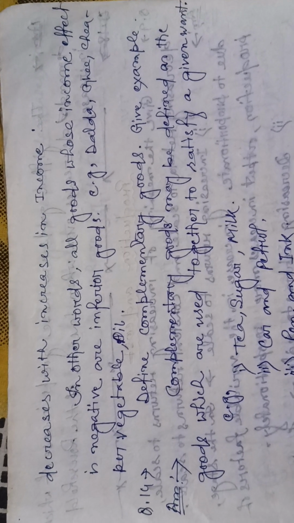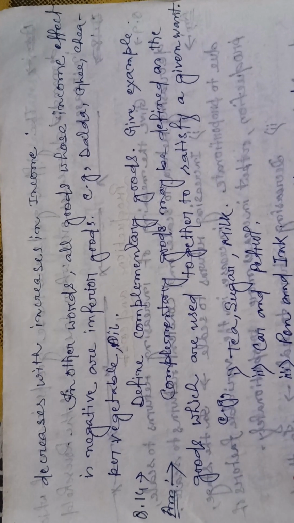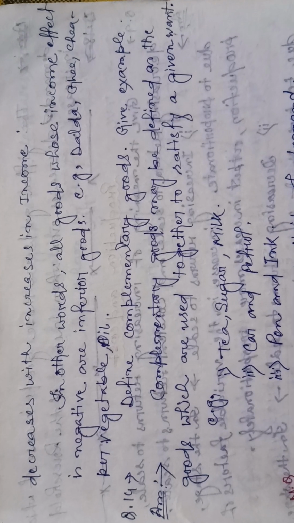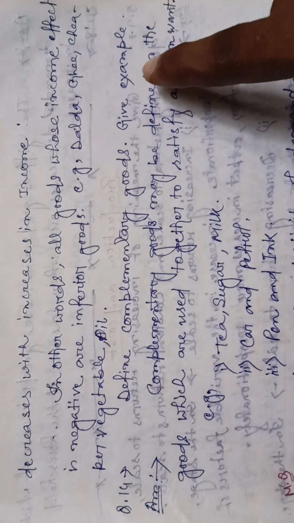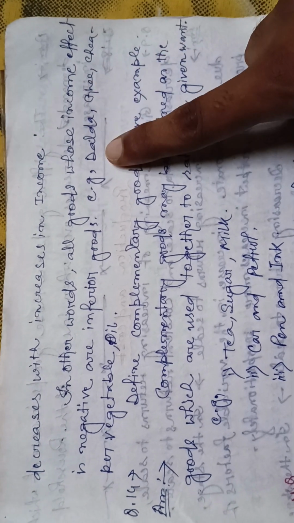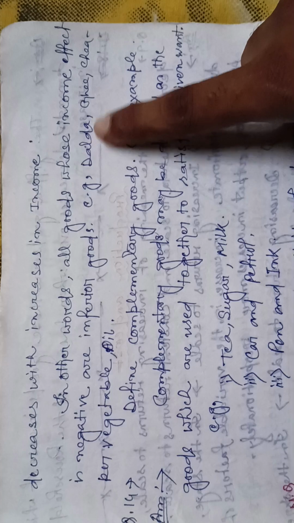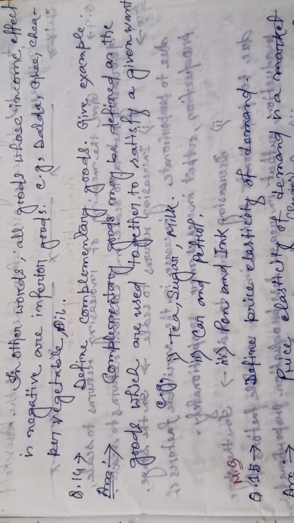Indifference curve normal curve opposite, যদি ডিমান্ড ইনক্রিজ হয় তাহলে দাম কমবে এবং ডিমান্ড কমলে দাম বাড়বে। In other words, all goods whose income effect is negative are inferior goods. For example, ডালডা, ঘি, cheaper vegetable oil. বলার অর্থ, যদি ঘির দাম বেড়ে যায় তখন মানুষ ঘি ছাড়া ডালডা দিয়ে কাজ চালাতে পারে, আর যখন ঘির দাম কমে যায় তখন ডালডা ছেড়ে মানুষ ঘি দিয়ে কাজ চালাতে পারবে।